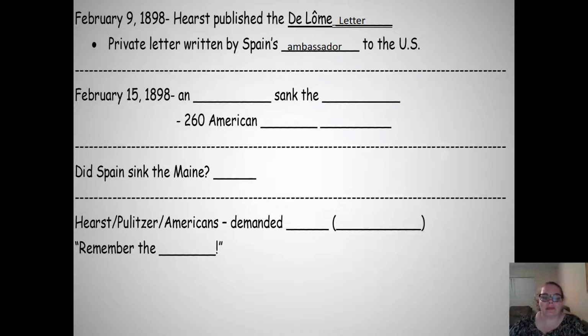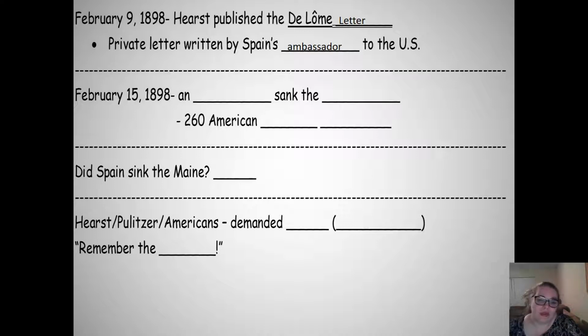Okay? So this gets published. The American public is outraged. How dare Spain go behind our back and try to convince other people to declare war on us? And worse, they're going to tell them they're going to fund it. So that becomes an issue. And of course, Mexico was like, dude, we were never going to do this. Don't get mad at us. Get mad at Spain. Right? This wasn't a Mexico thing. This was a Spanish thing. So, of course, nothing comes of the De Lome letter besides making Americans mad.